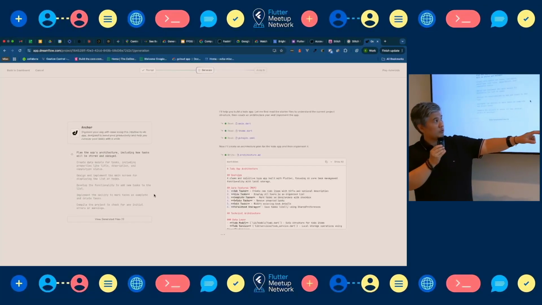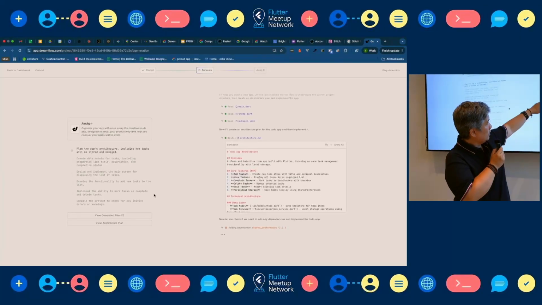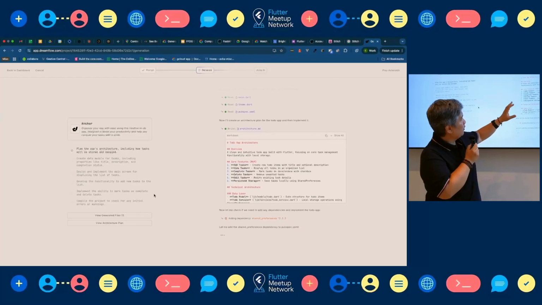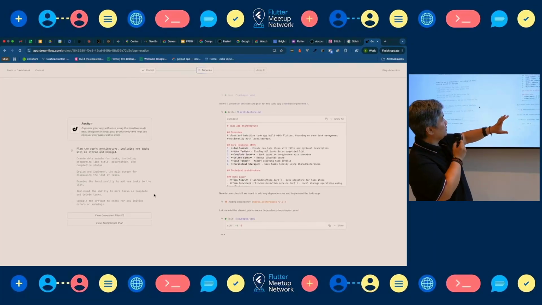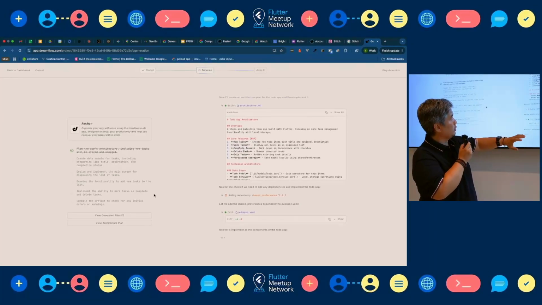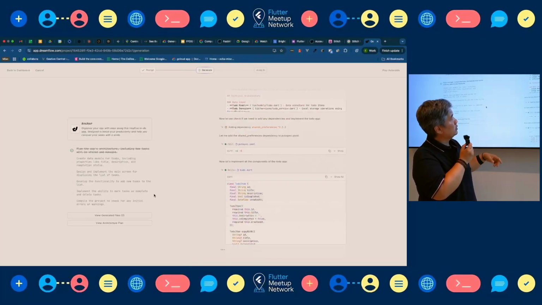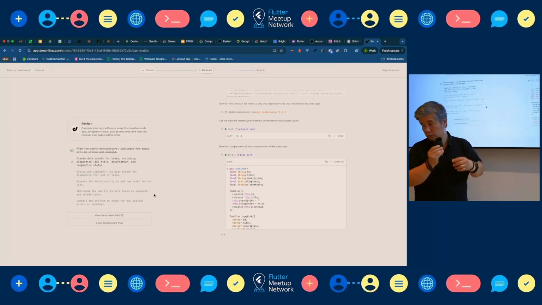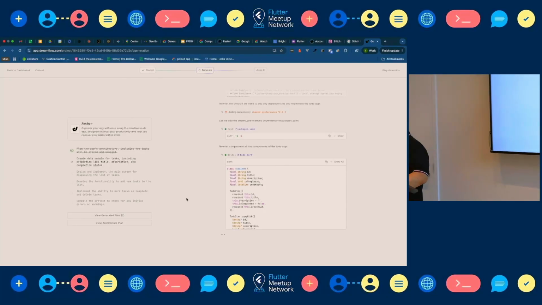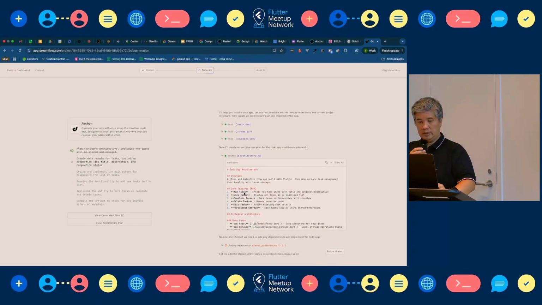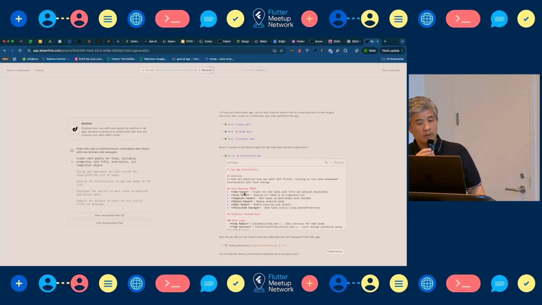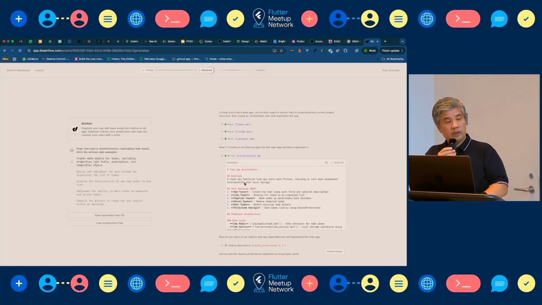So here you have this reasoning. From one single prompt, I just said, give me a to-do application. It was able to understand what to do. And it said, okay, I'm going to add all this, and here is the core feature I'm going to implement.